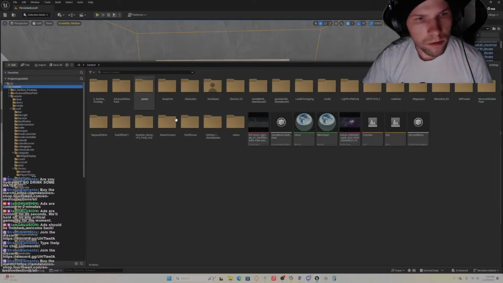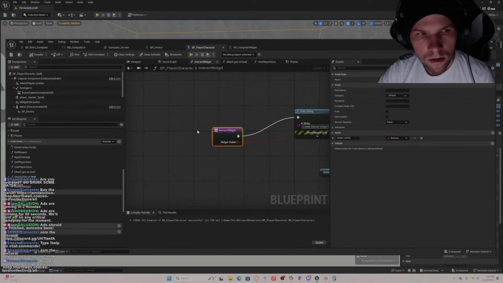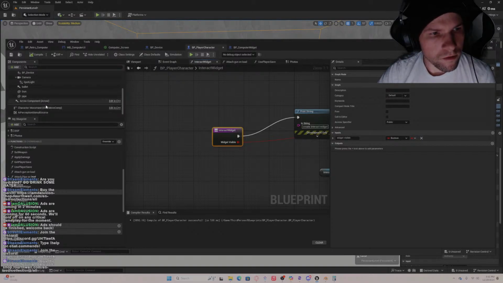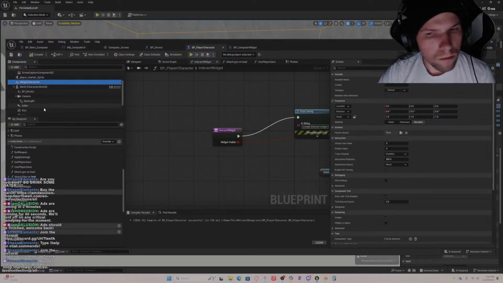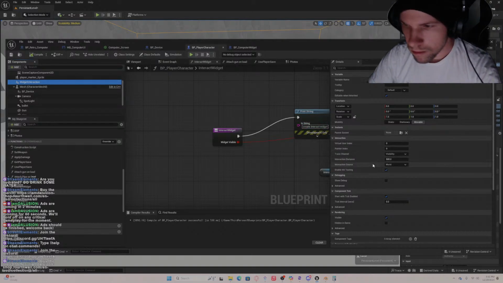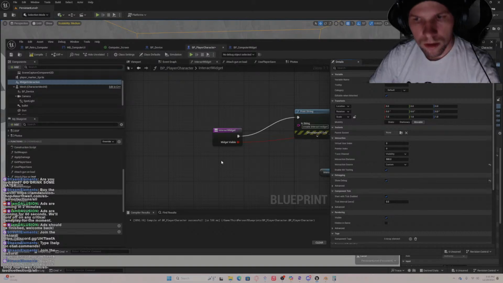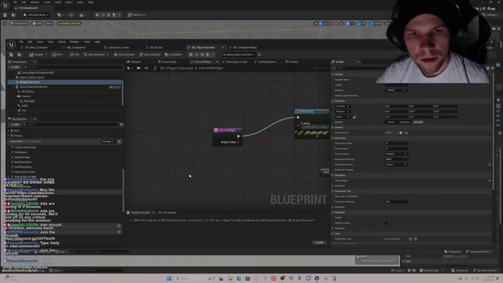So let's go to here, let's go to player blueprints, and for widget interaction, custom. Show debug. Trace to detect this. Okay. So then